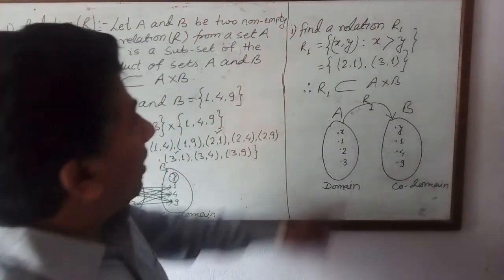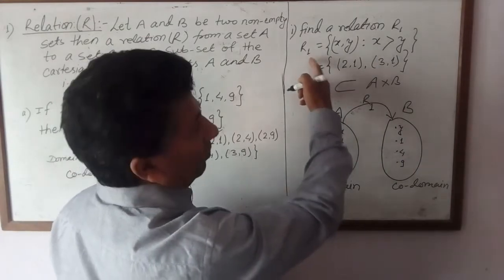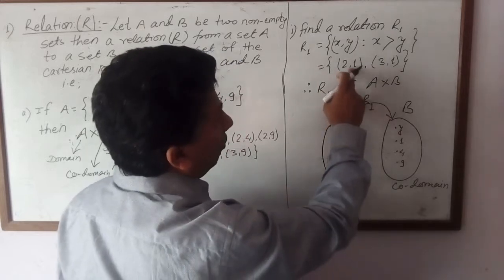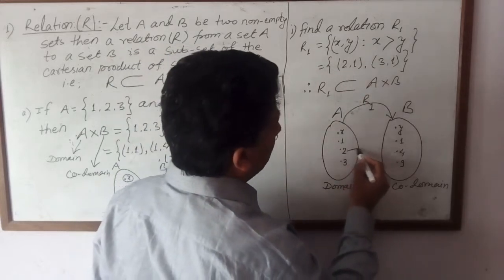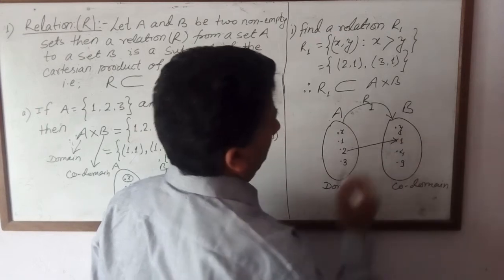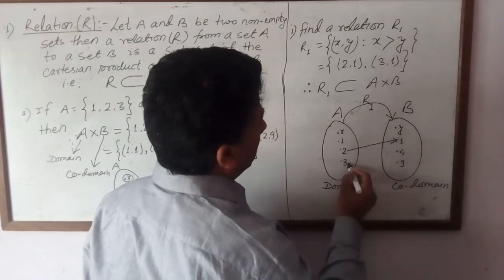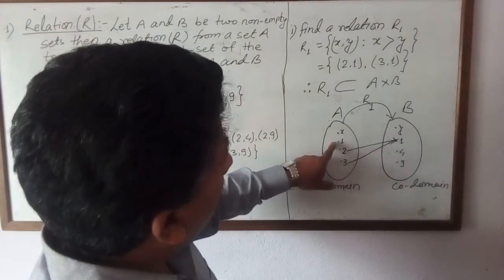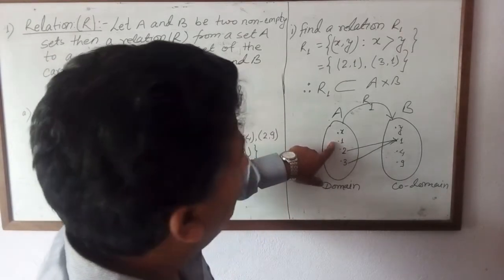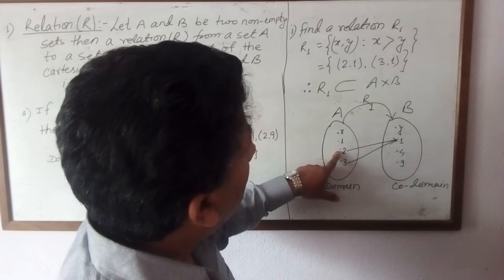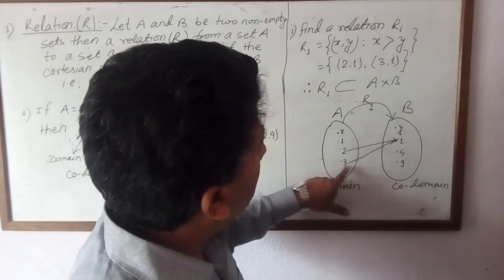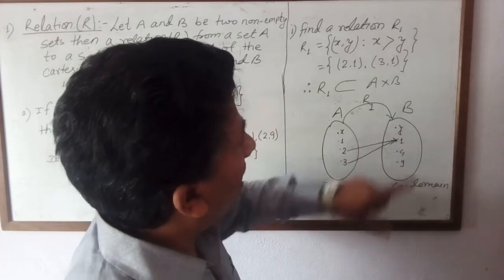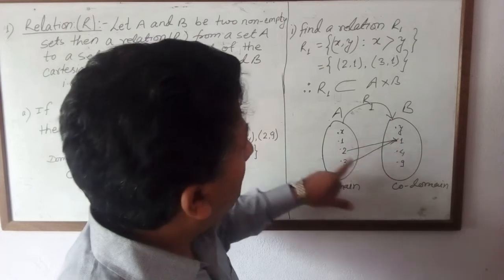Now we have to write this relation. We are going to show the diagram of this relation R1. In this R1, we have 2, 1. This 2 has image 1. Another one is 3, which also has image 1. Now here is the domain set 1, 2, 3. This one doesn't have an image. Now the image of 2 is 1, the image of 3 is also 1. These 2 and 3 have the same image 1, and this 1 is the image of 2 and also of 3.